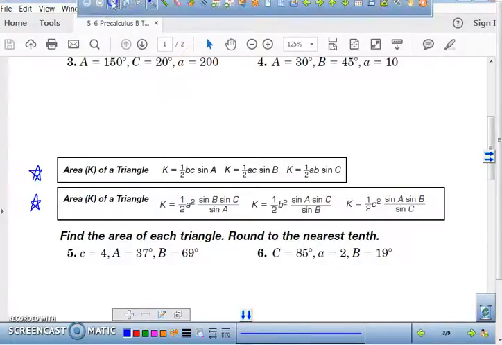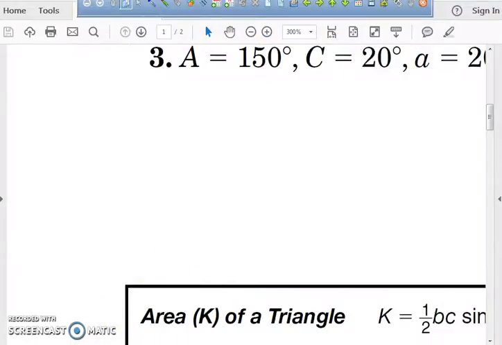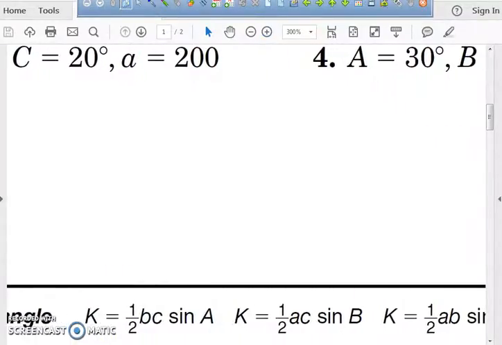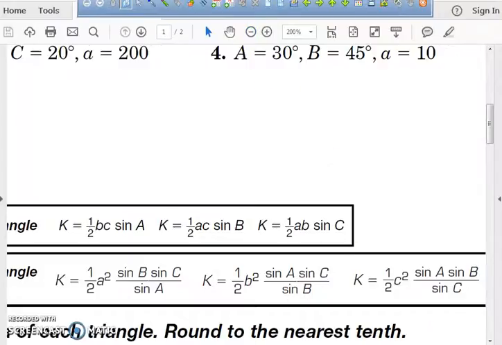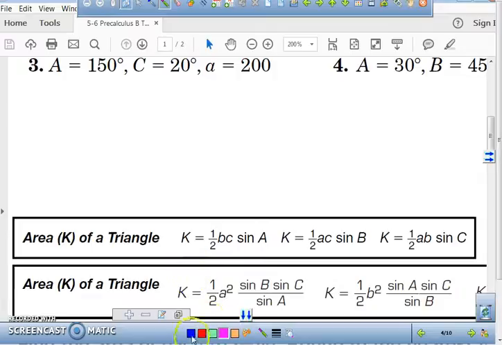Okay? So before we start our problem number 5, let's zoom in and look at the pattern, see if we can see it. Zoom out just a bit. There we go. So right here, I want you to look at this formula,